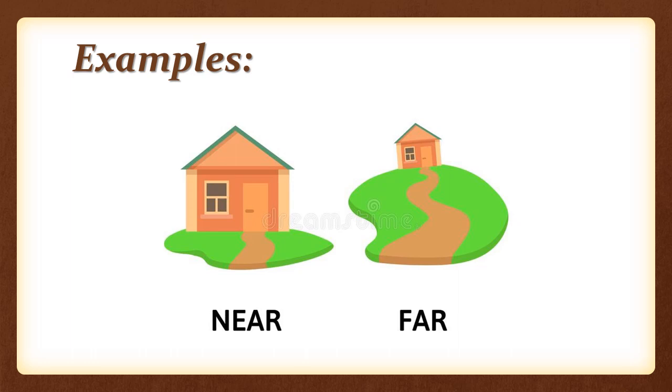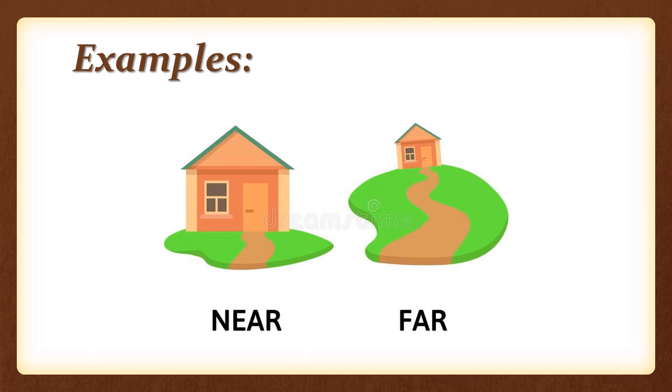Far is something which is away from us. We see that thing from a long distance. That is called as far. And what do you mean by near? Something that is very next to us, which we can see easily. That is called near. Now we shall understand this with the help of example.